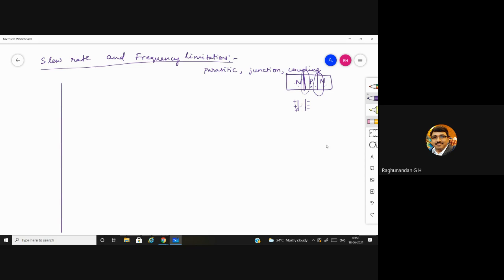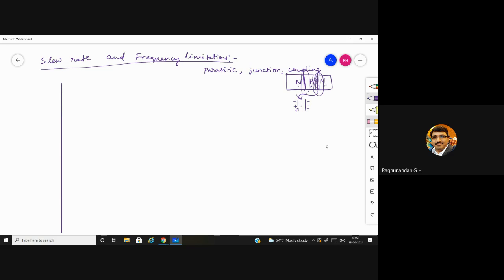Here also between P and N there is a gap, which is the junction. This junction will act as the dielectric medium. Whenever the P layer and N layer are very close to each other, more current will be flowing through it. Whenever P and N layers are moving away from each other, that is during reverse bias condition, the depletion layer will increase. When the depletion layer increases, the flow of current will decrease.